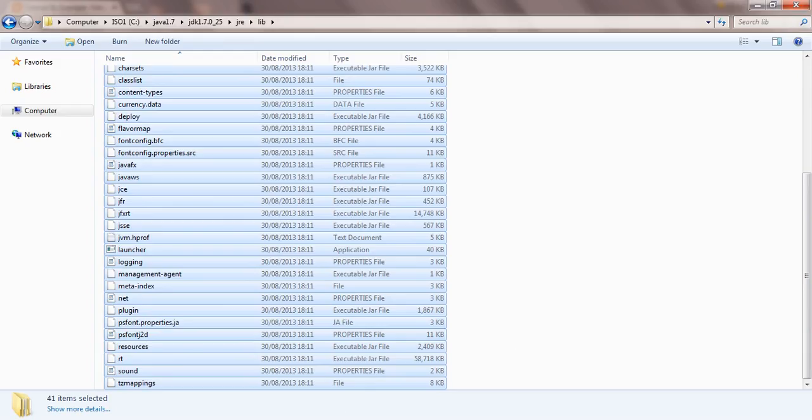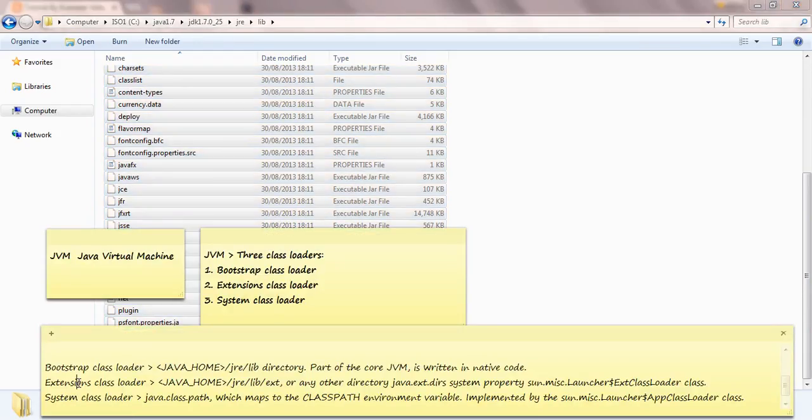And second we have the extension class loader. These are the libraries loaded by the launcher or Java applications under the directory Java home JRE lib ext.